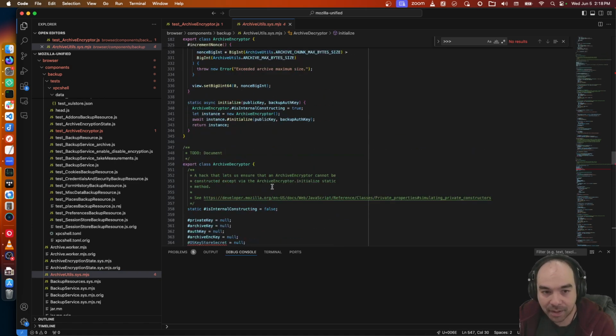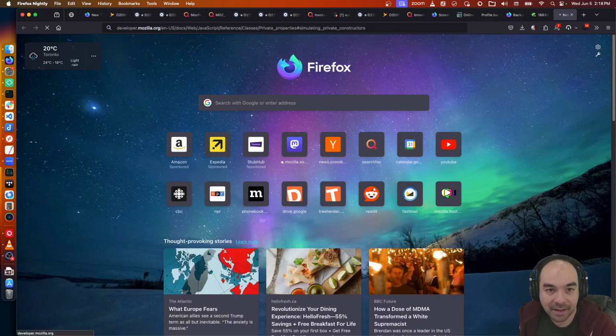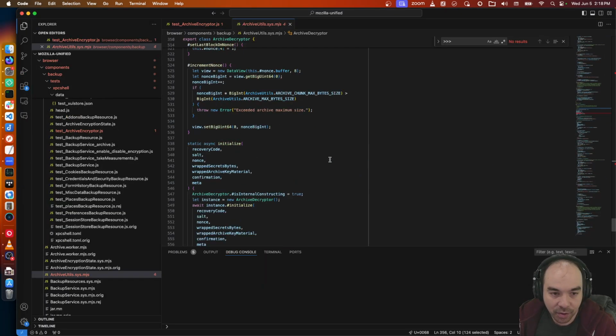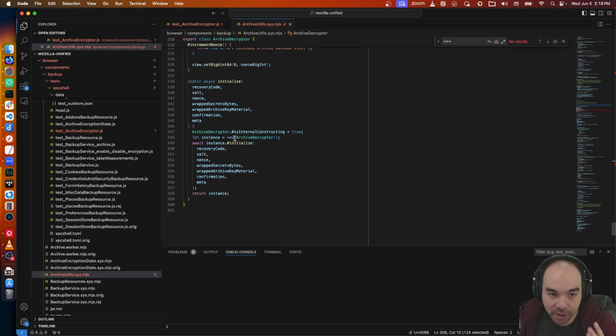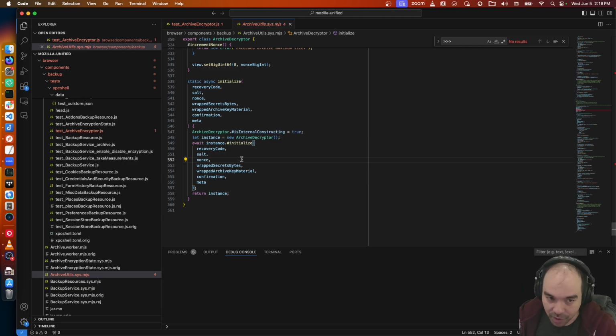This is a hack, but this hack is actually documented in MDN as how to simulate private constructors. Normally, your static async initializer method will have access to the private constructor, so it can construct things, and you can do your async stuff in here.